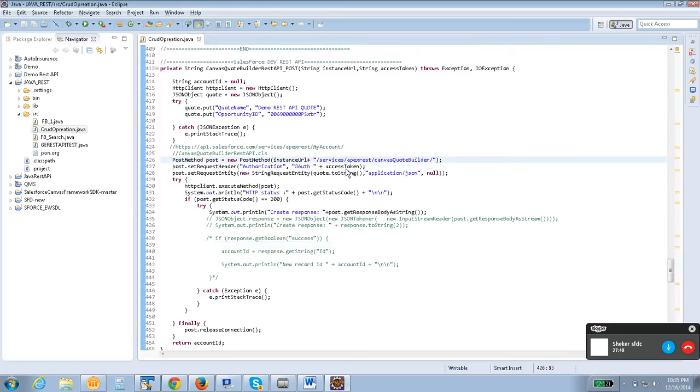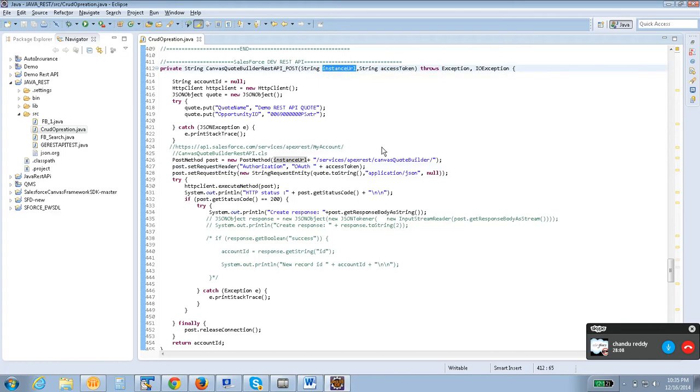So see how to get an authentication token is nothing but, as usual, configure your client ID, consumer secret, your login name, password and instance URL, hit that OAuth endpoint, get the access token, then pass it over here. The same for all, everything. Access token and getting the instance URL is the same for all.